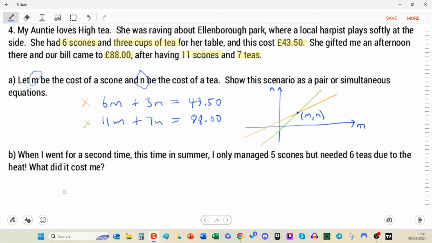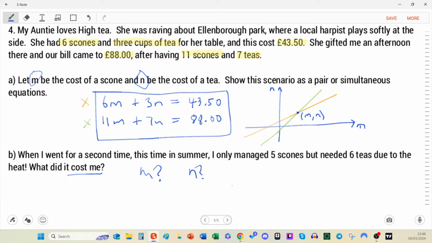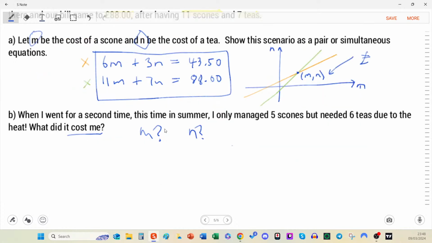I think it says here, when I went for a second time, this time in summer, I only managed 5 scones but needed 6 teas due to a heat. What did it cost me? Well, we can't very well answer how much it cost if we don't know what M is, which is the cost of a scone, or N, which is the cost of the tea. But these two equations at the top here, if we solve them, will give us the value of the scone and the tea. So we're going to solve them simultaneously to find that,